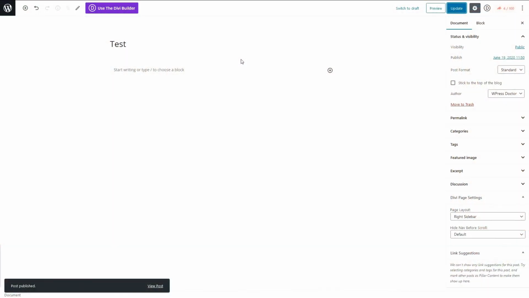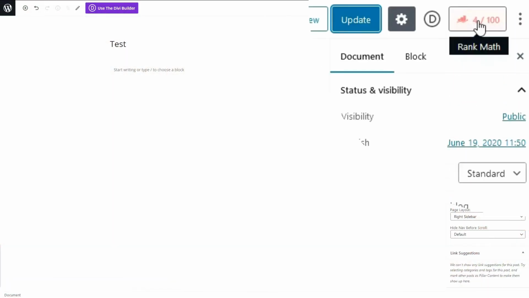Right side, in every post and every page you will see this little button from RankMath, and it is 4 out of 100 score. And as human as we are, we would like to have this score go green and get the 100 points. Well, this is more of an advice rather than a guarantee that you will rank top in Google. But we'll talk about that later.